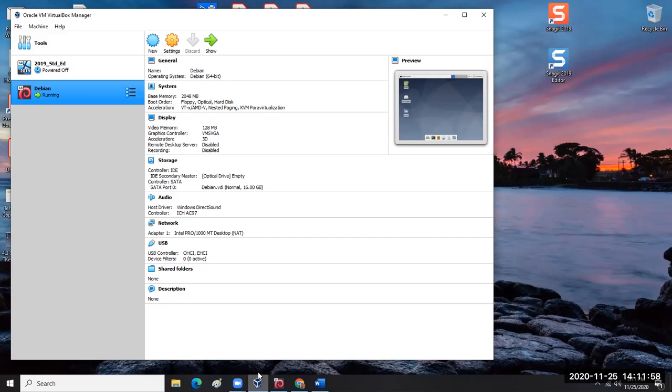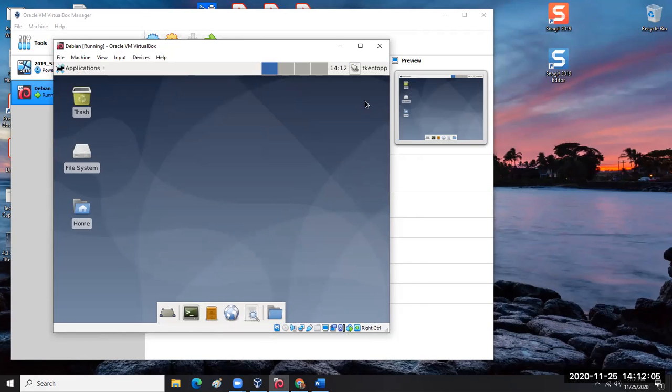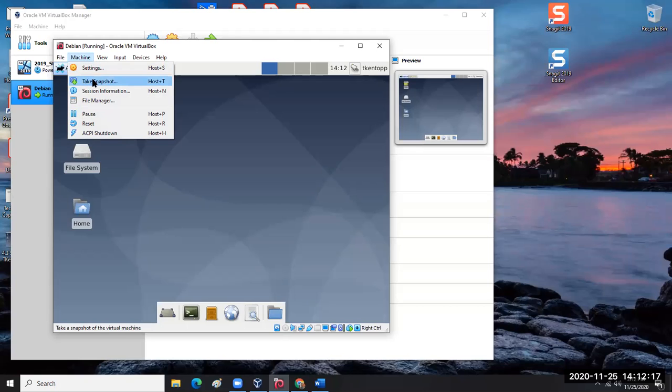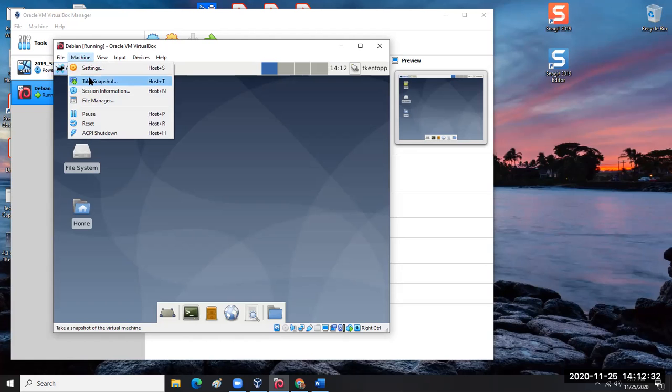So actually, I'm going to pull up the Debian screen, and after you log into your Debian system, you should see the option here under Machine for Take a Snapshot. So once again, I've logged into my Debian machine. It's running, and that's the only virtual machine that's running. And I'm going to take a snapshot,